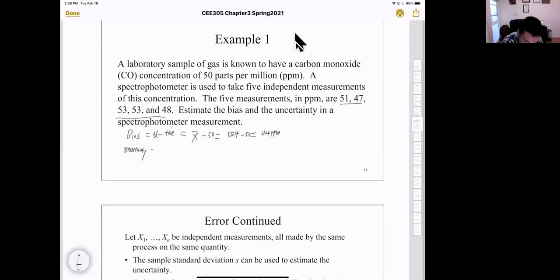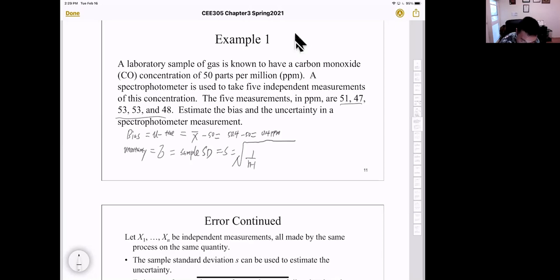So we use sigma to quantify the standard uncertainty. But remember, sigma is called the population standard deviation. Here we only have 5 measurements, so we can use the sample standard deviation to estimate sigma, the population standard deviation. The sample standard deviation we call S, right? The equation for S is this,